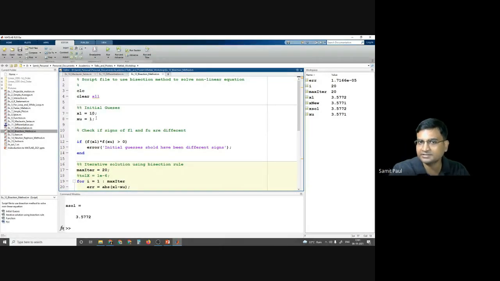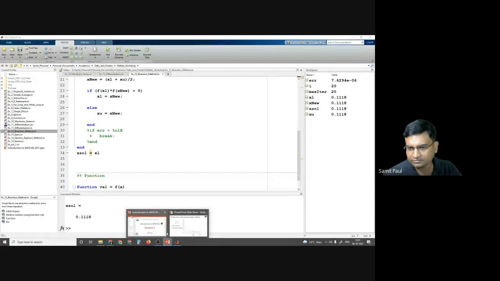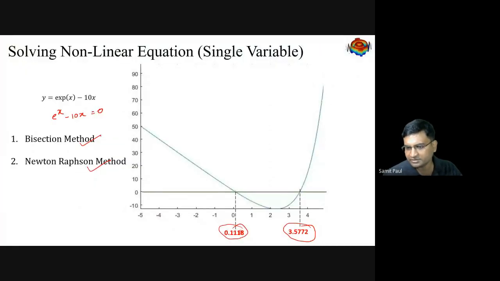Within this limit, there is only one root, that is 3.57. And if we were to use, say, minus 3 and 1, we will get another root. See, 0.118. That was another root, 0.118. Correct? Are you with me?